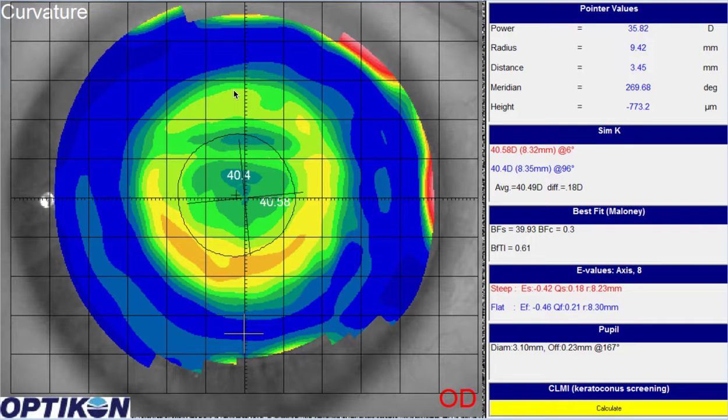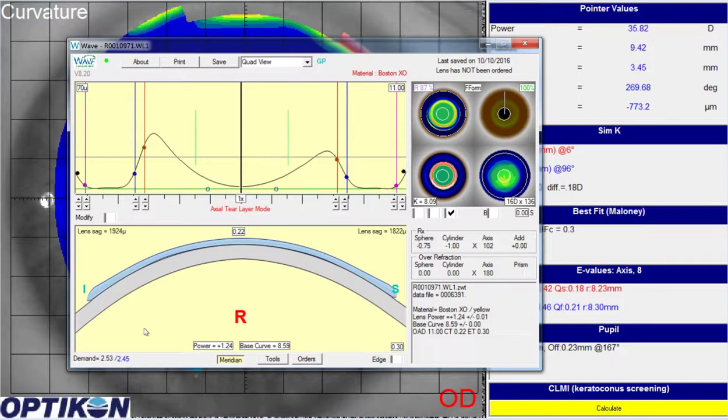In this orthokeratology case, we've got a patient who's getting some double vision after treatment. After treatment, we can see that the lens is centering pretty well, and the treatment zone is pretty homogeneous, not too much variability, very little cylinder on the cornea. And if we look at the lens, the